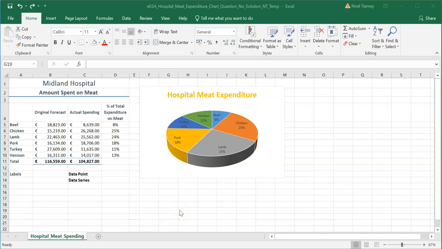This clip will take a chart I've built earlier and recorded a separate clip for, and it's going to try and help us enhance this chart, this pie chart that's been produced. So a quick recap. This is a pie chart that's based on the labels here in column A from cells A5 to A10 for beef, chicken, and so on, and the spending values that are in column C from C5 down to C10. So I've already done a certain amount of formatting on the chart, and I'm now going to